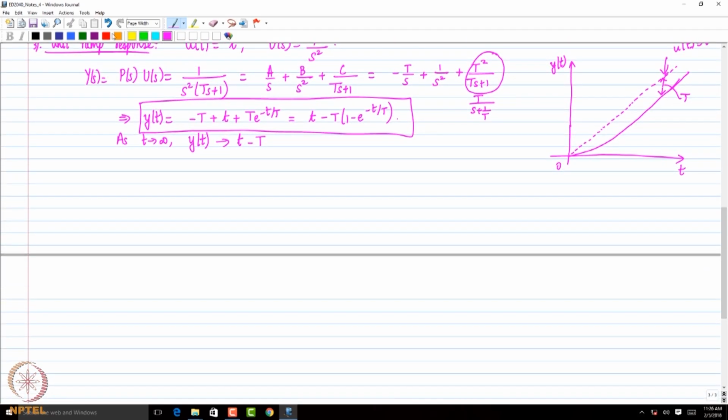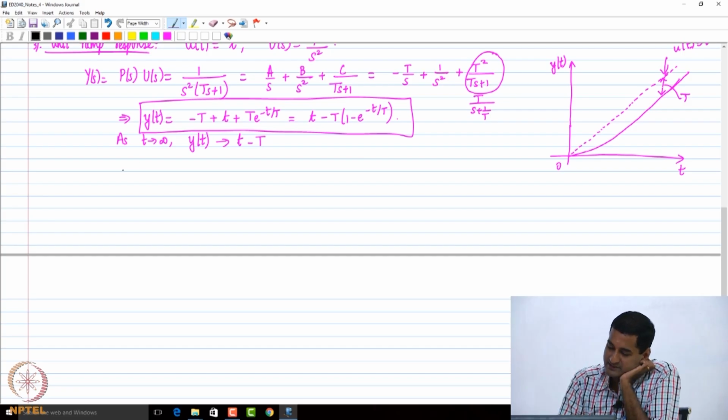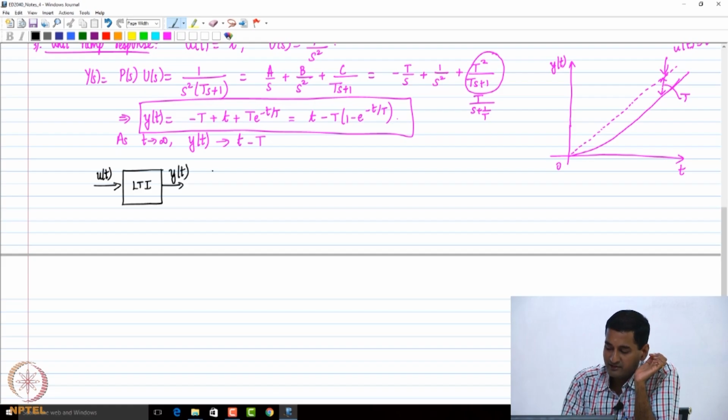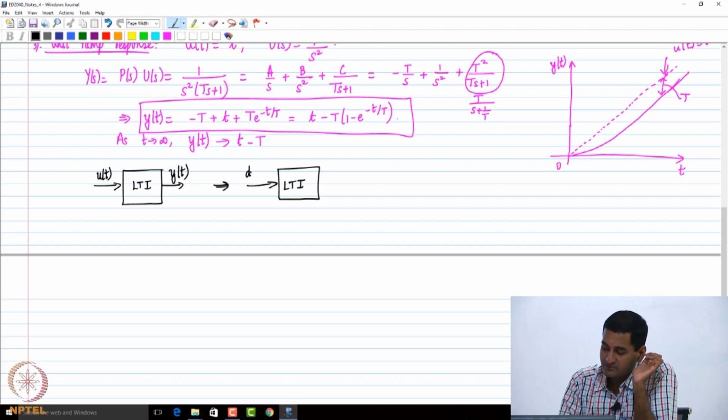Okay, so let me just write down whatever I just said, so one can observe then: if you have an LTI system, right, so you give u of t and you get y of t. Okay, this implies that to the same system, right, you give du dt, which we get dy